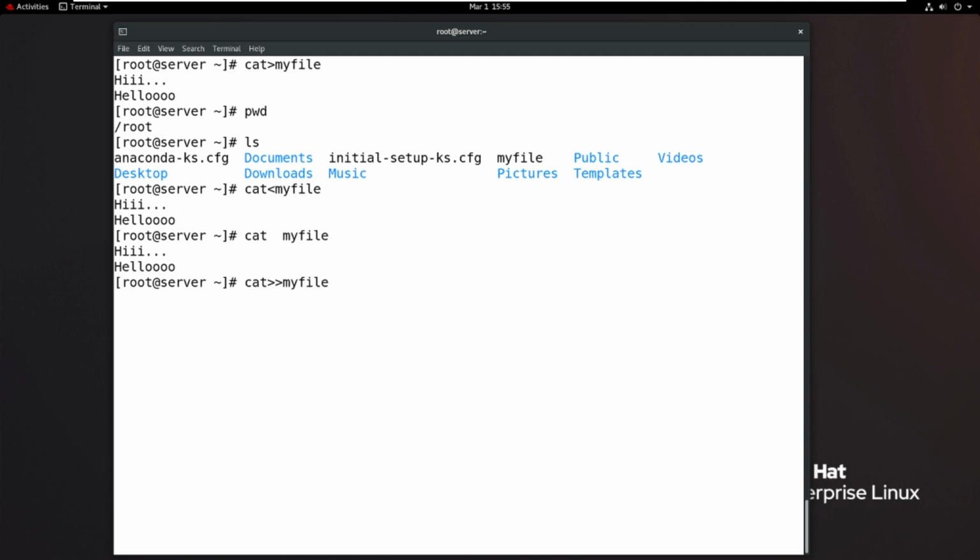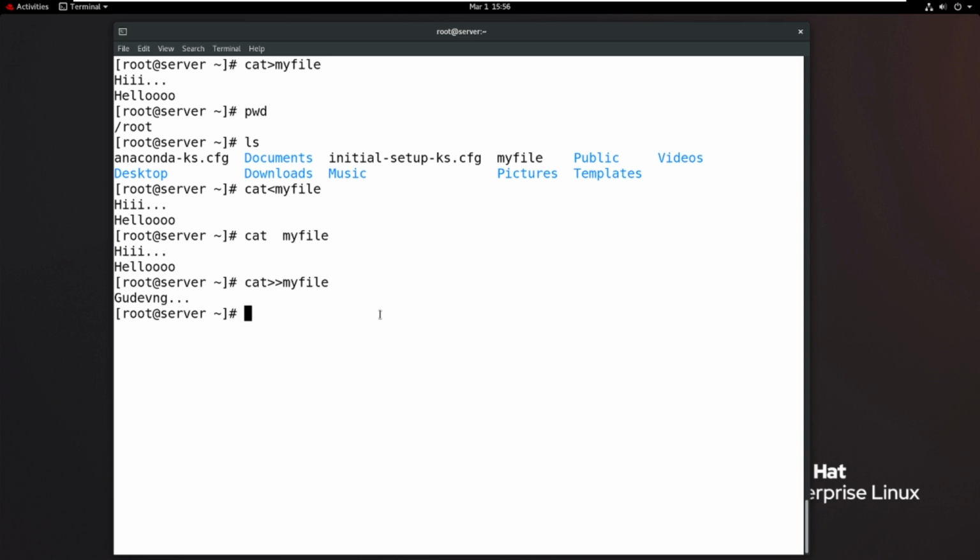Appending means adding data at the last line of the file. Then enter. I want to add, like, good evening. Then enter. How to save the file? Control D is the option. So now the content is successfully saved.